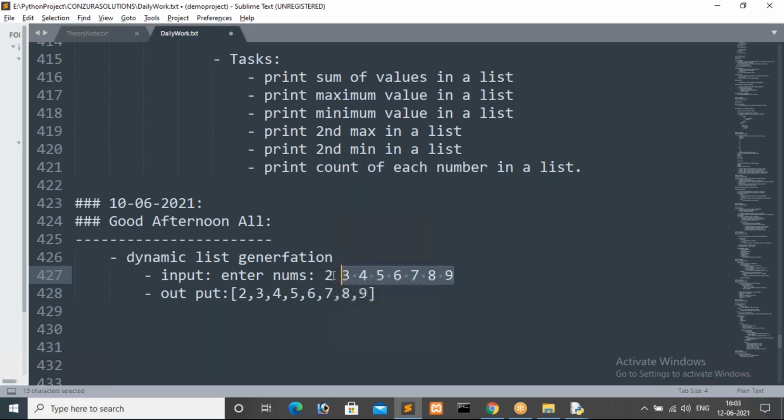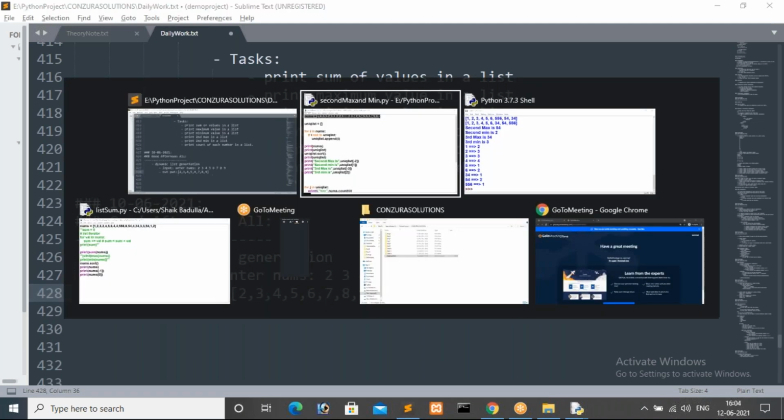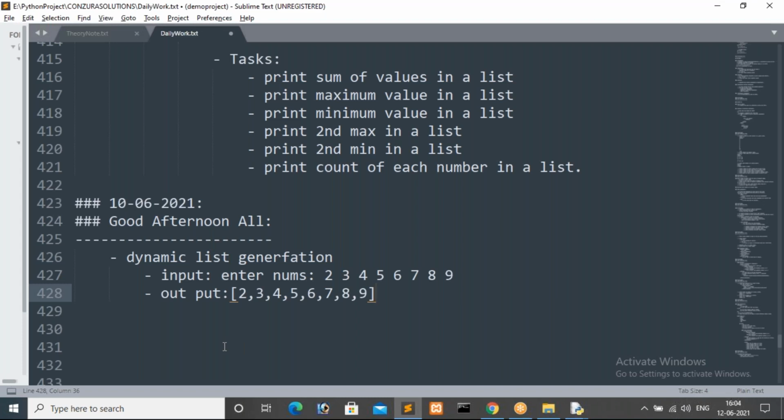We have to read values like this, then generate a dynamic list like this. For that we have a single line, guys. We will see how we can read that. I hope it is clear now what I'm explaining. I'm just giving theory here. If you are clear with this, then I will show you the program. That is the important thing, guys. By using a string method we have to get the dynamic list. One of the string methods I didn't explain to you, now we will see that one.